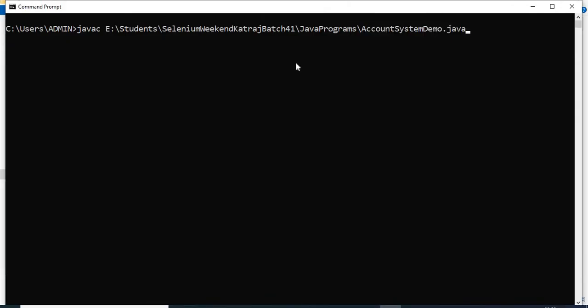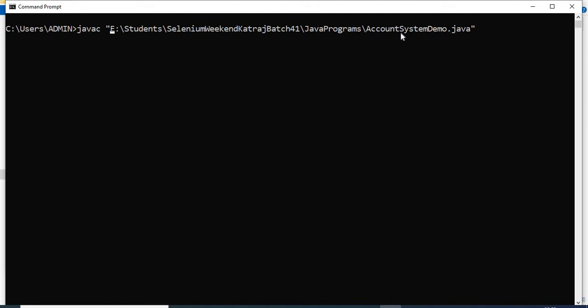One more point: if you have spaces in the name of the directory where you have saved your program, or in the name of the file itself, then enclose the path within double quotes. It's always good practice to enclose the path in double quotes, but if your path contains spaces, then it becomes compulsory.